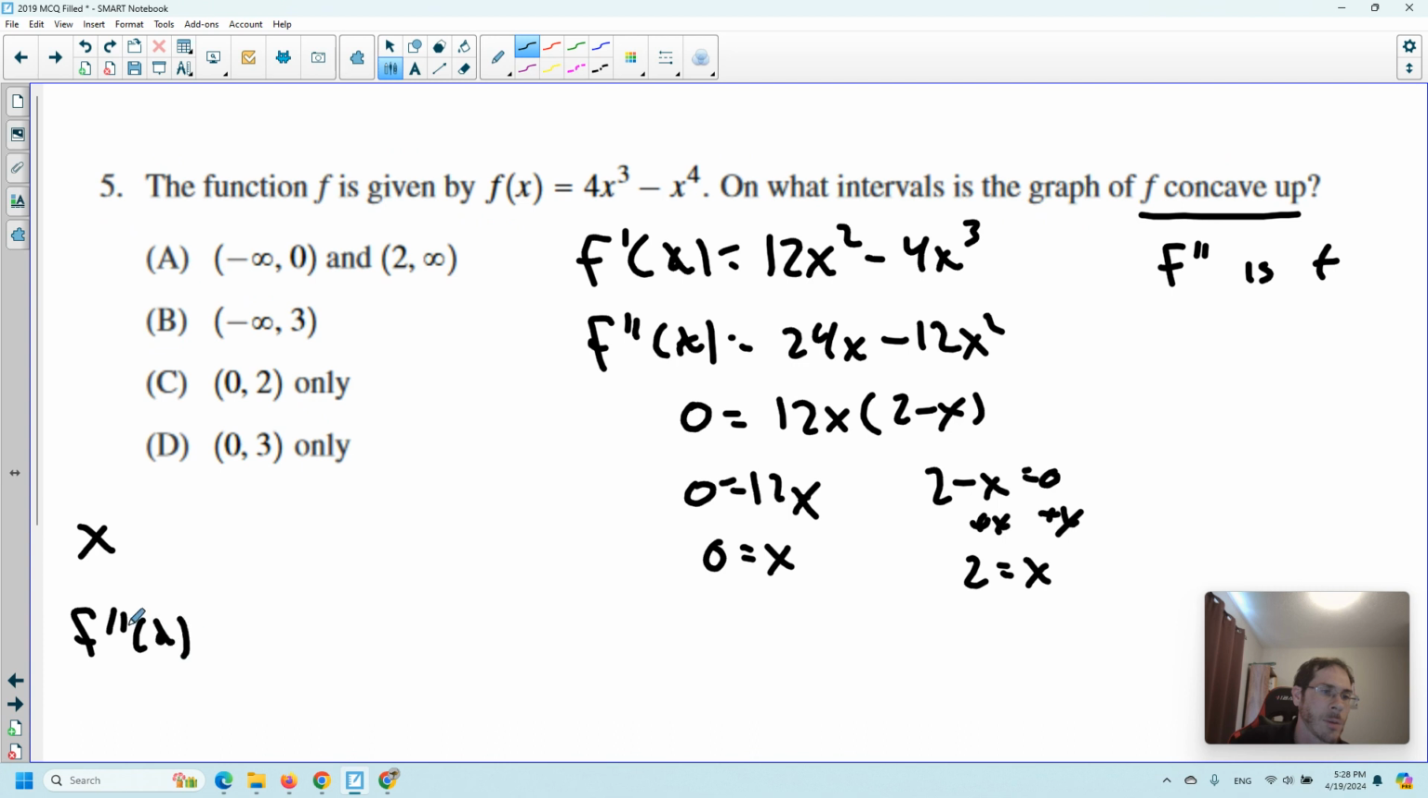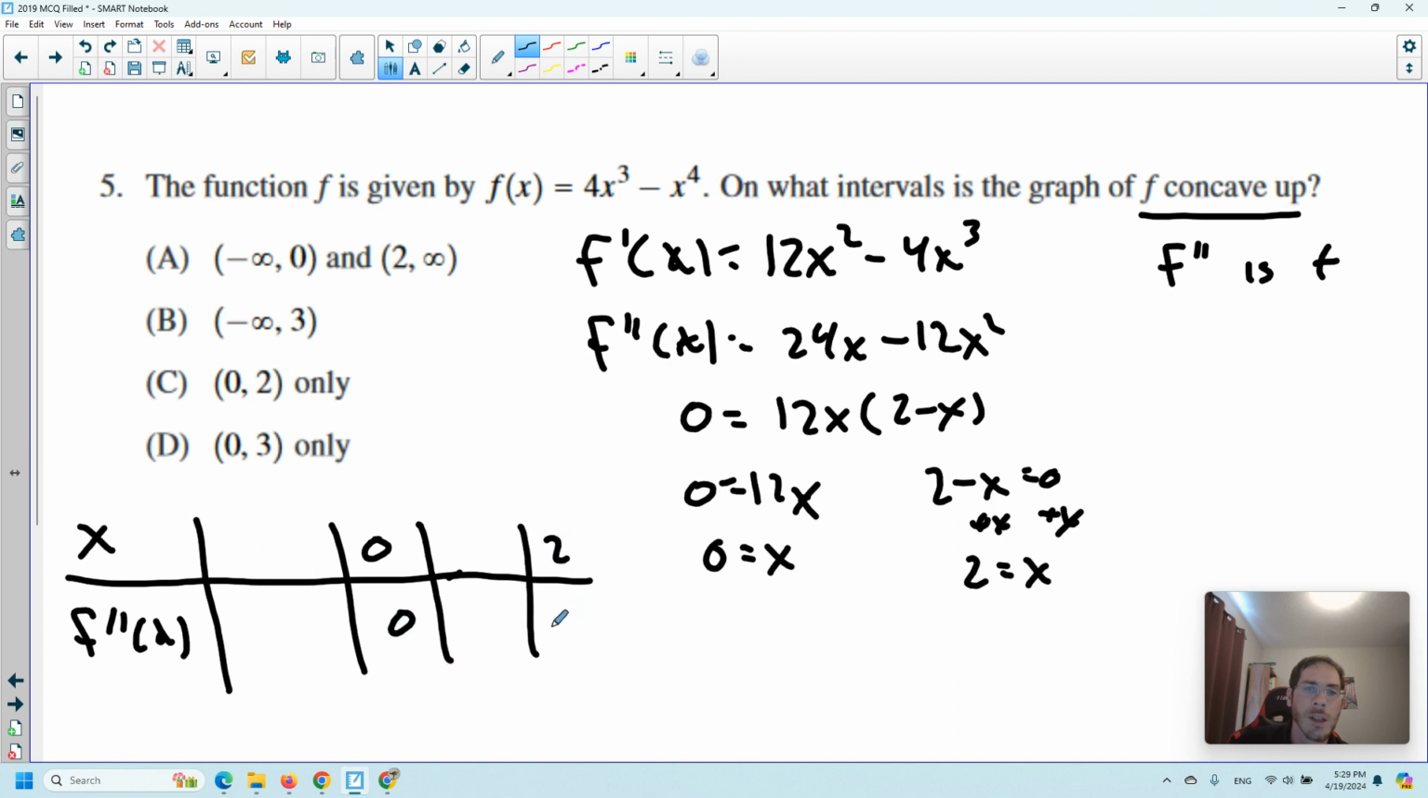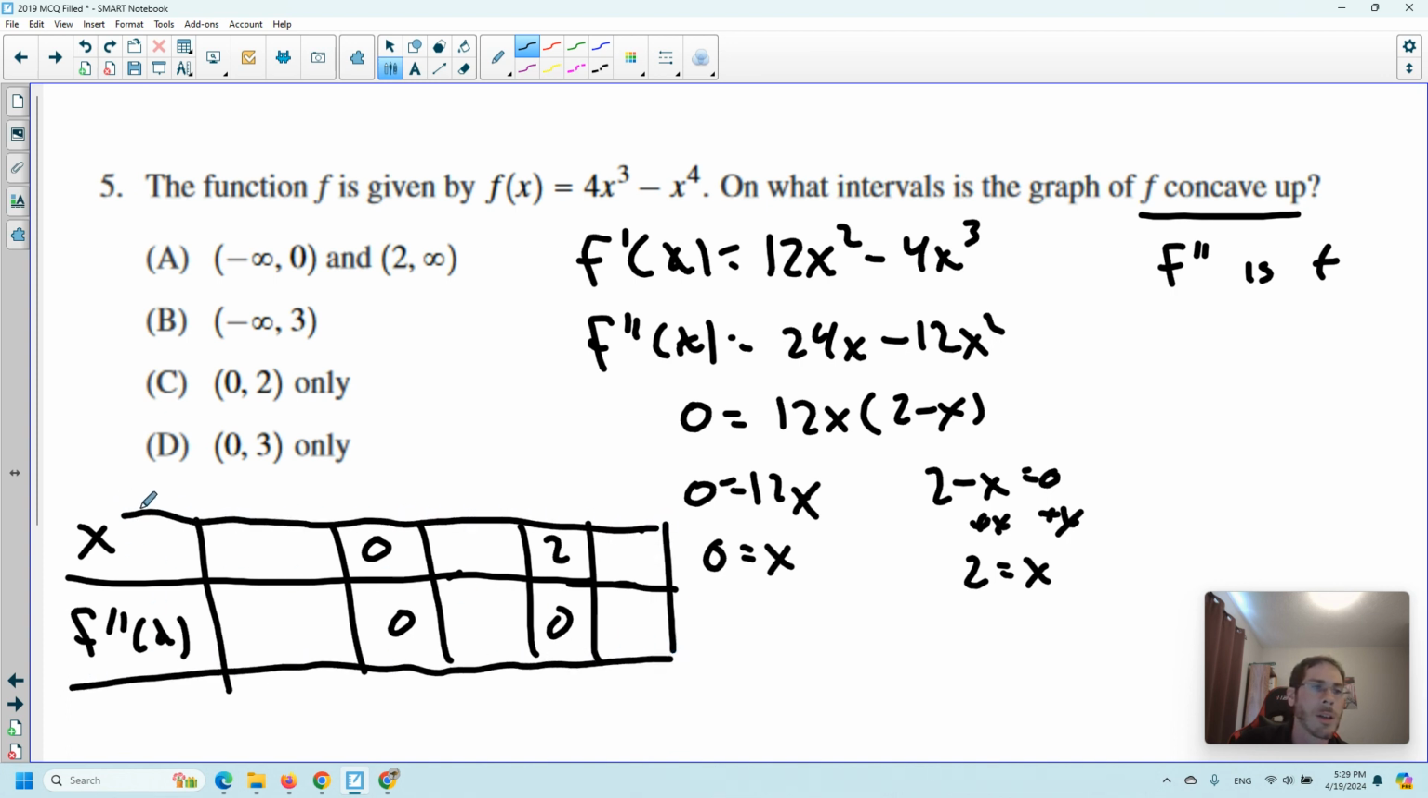So f double prime of x. So we got 0 and 2. All right, so this problem's going to be a little bit longer than we thought. That's okay. All right, well, between 0 and 2, I think it's pretty clear we're going to pick 1. So I plug 1 in here. That's going to be 12 times 1. So that's positive. If I pick 10, that's going to be 120 times negative 8. So that's a negative. If I pick negative 10, that's negative 120